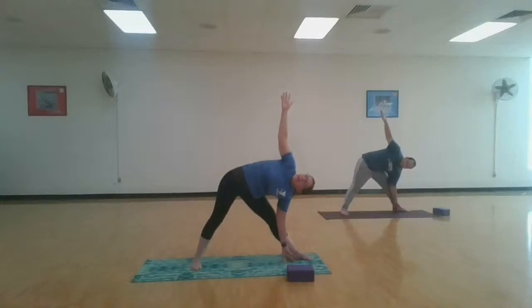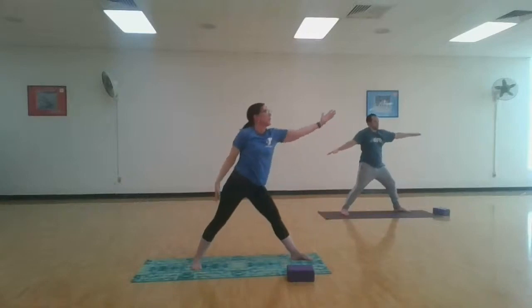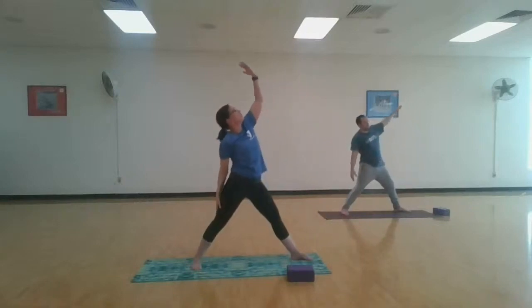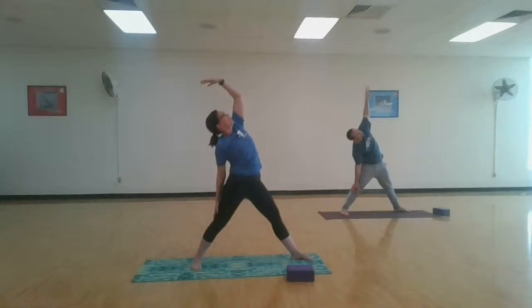On your next inhale, we're going to reverse our triangle. So it's going to take some core strength. Pull the belly button into the spine. Keep your ribs long and start rotating back into reverse triangle. So again, this is not a back bend, it is a side opener. So we're trying to get a long stretch between the ribs and the hip bone on your right side. So reaching down the back leg without putting a lot of pressure there, but just reaching downward. Get you a nice stretch in your hamstring on your right side, and a good side opener through that whole